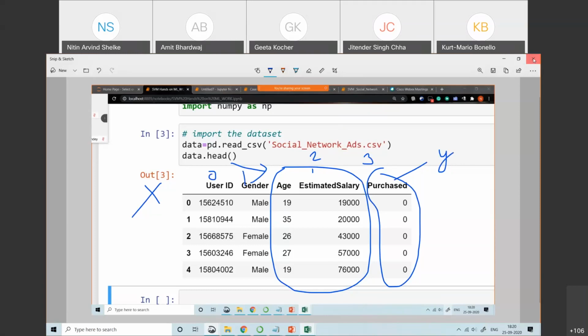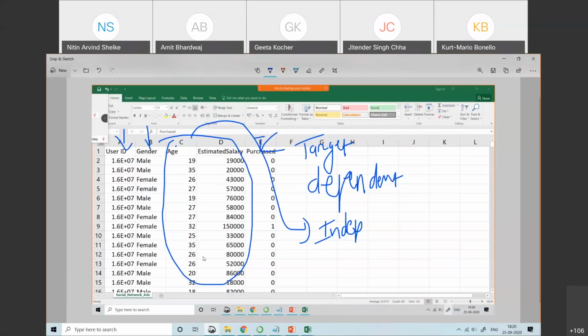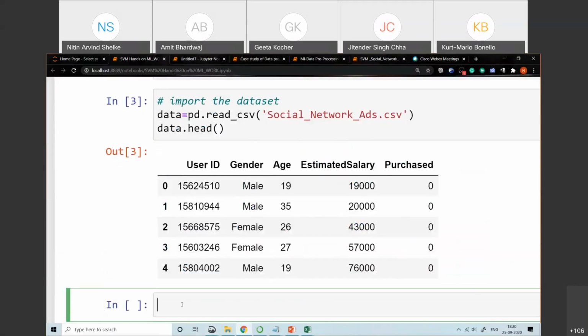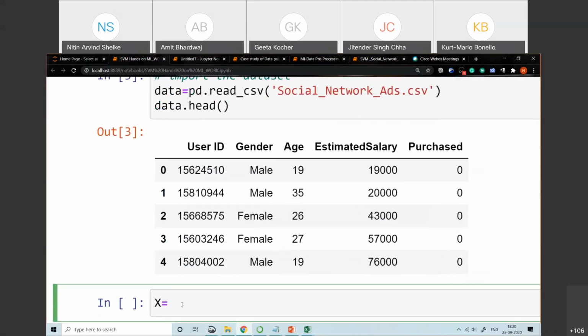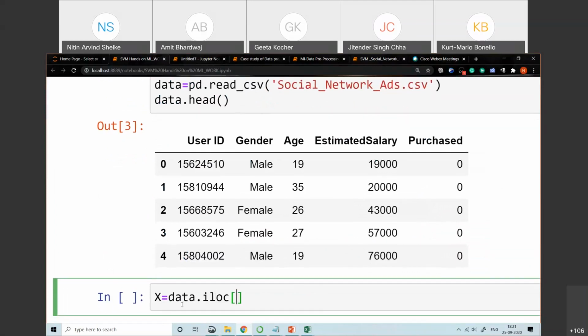How can we extract? We use the iloc function. Let me use data.iloc in square brackets. We want age and estimated salary, so columns 2 and 3.